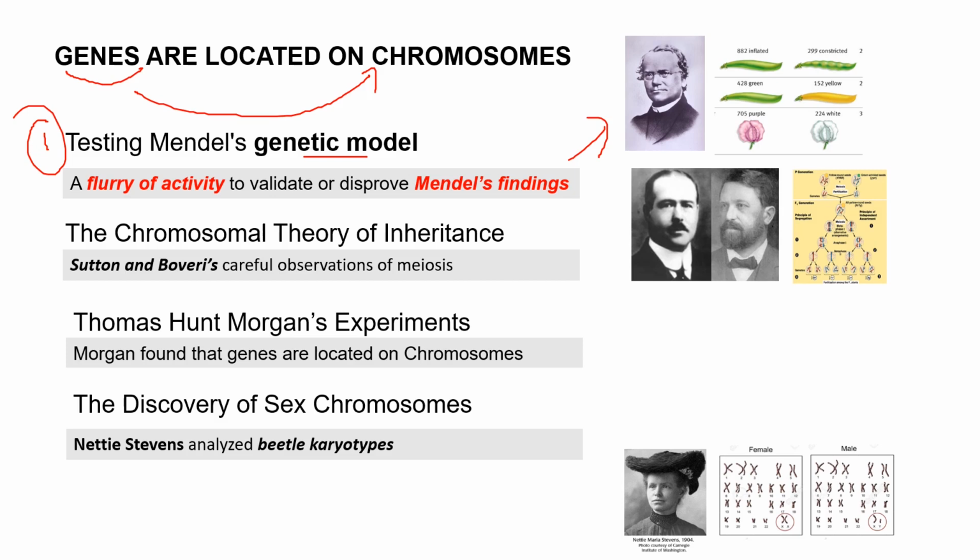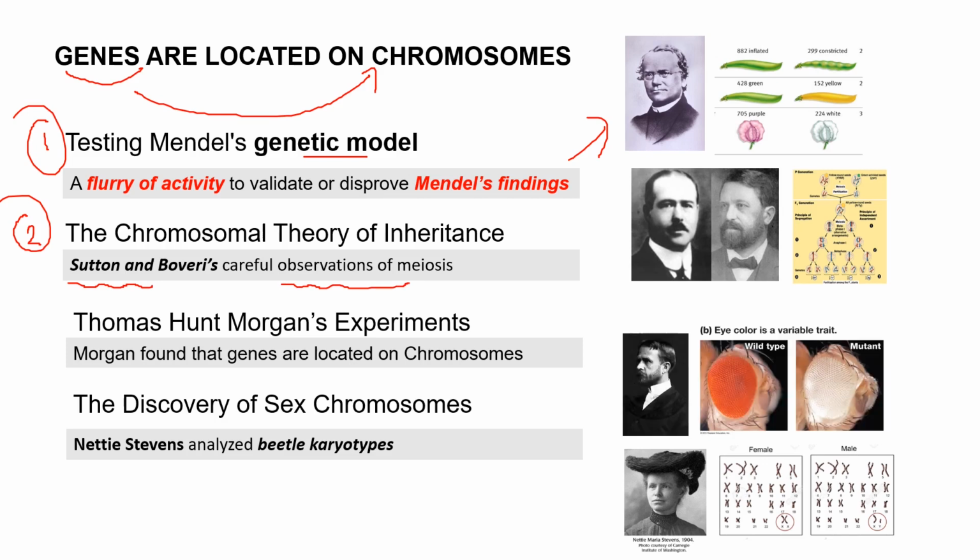we know that it's clear that these ratios take place, but there was no mechanism explaining why these ratios take place. And to understand how the mechanism occurs, the first thing that we need to understand is the chromosomal theory of inheritance. So we'll talk about the work of these two scientists and how they carefully observed a process called